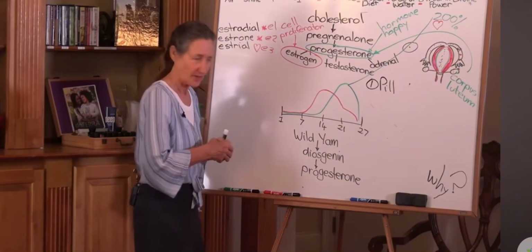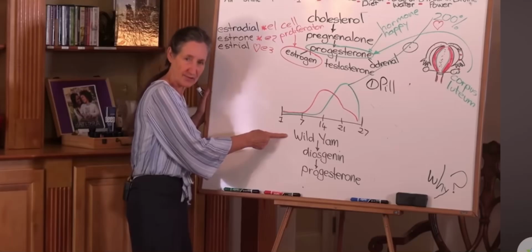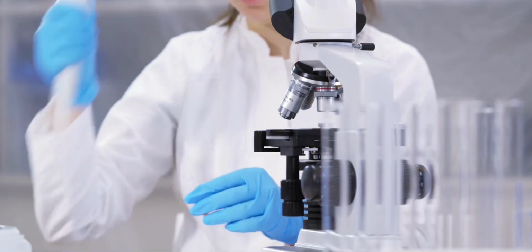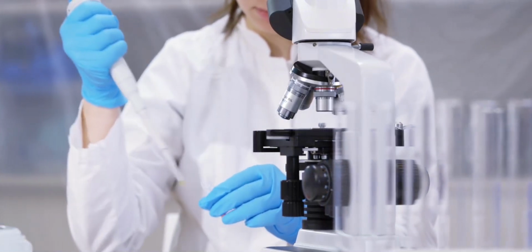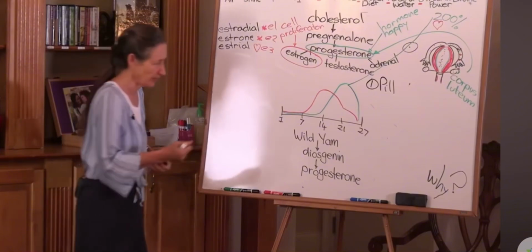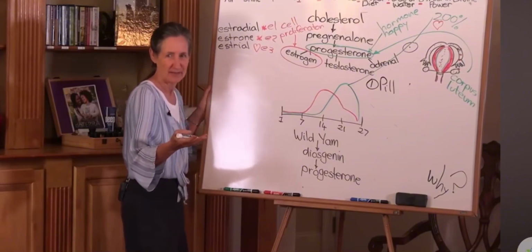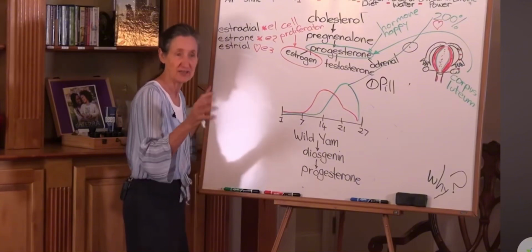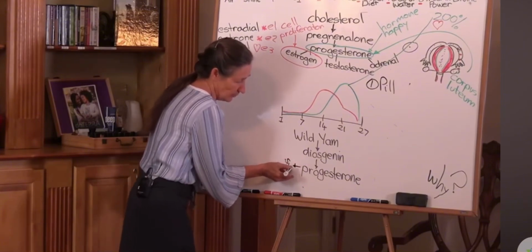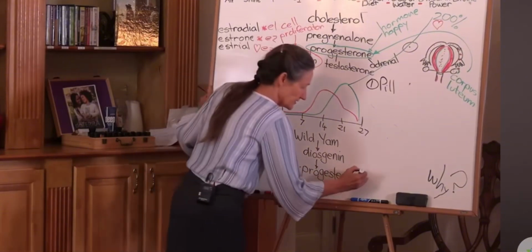What is the pill? The pharmaceutical companies grow acres and acres of Mexican wild yam. In a laboratory, the plant chemical that's in Mexican wild yam is extracted, and it's converted to progesterone. It's called progesterone because it has an identical molecular structure to the progesterone that the body makes. But the pharmaceutical company can't patent that. You know, they can't patent sodium bicarbonate either. So they have to change it. They have to create something else. So they add a few more atoms to that progesterone and come up with synthetic estrogen. Add a few more atoms and come up with a synthetic